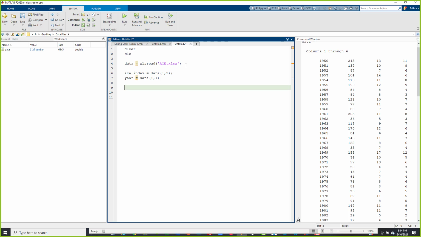And so we're going to plot this. We're going to do a plot of year versus the ACE index. Was there any formatting on that? No, but